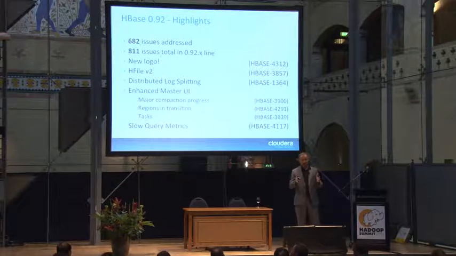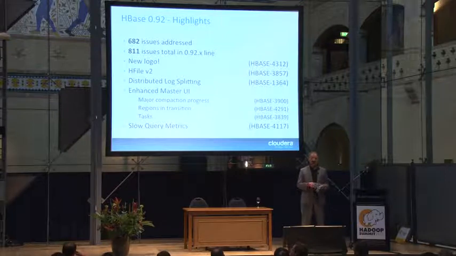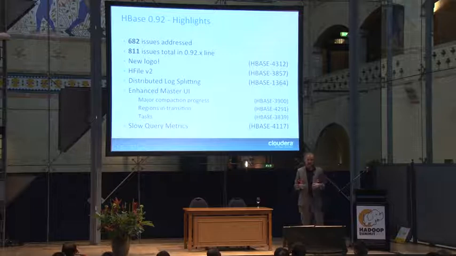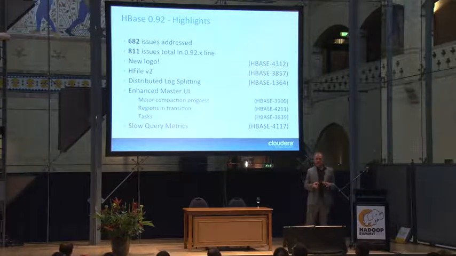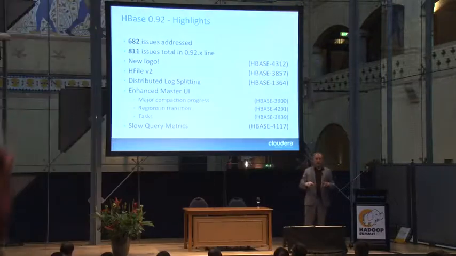So when a server crashes, you have to do a splitting. That was previously done in 90 by the master. The master had to split all of the log files that accumulated. Splitting here means separating the content so it can be applied to the regions that the edits belong to. They all got thrown into one single file. That's just the architecture of the way things work. And that was not good, because you had one single server that had to do all of the work before anyone else could move along. Bad idea. So distributed log splitting helps you orchestrate that across all of the different servers.